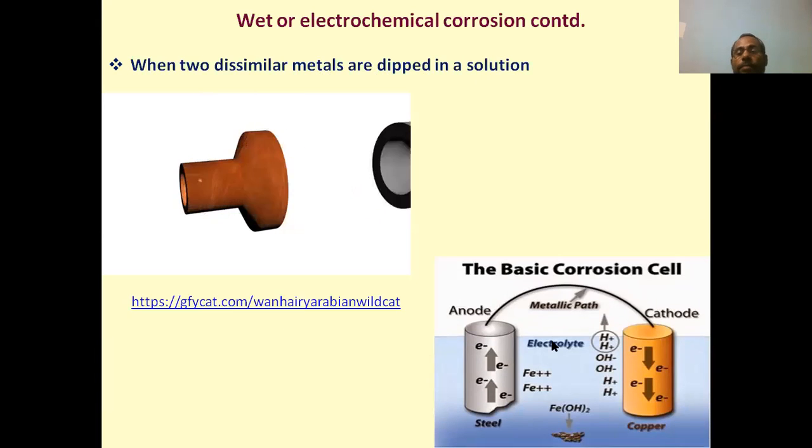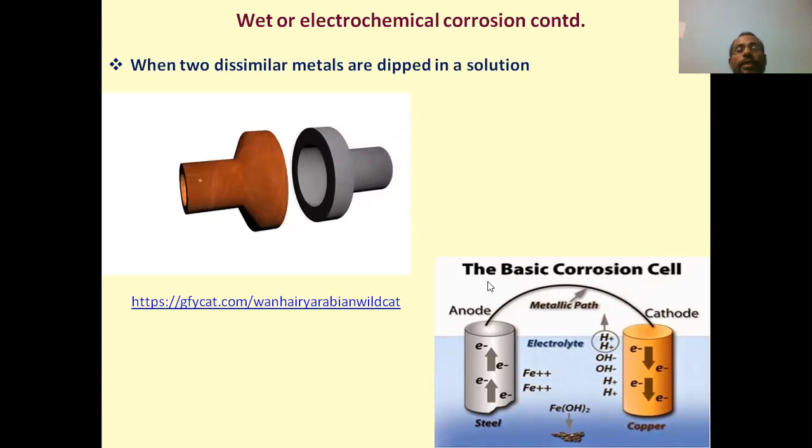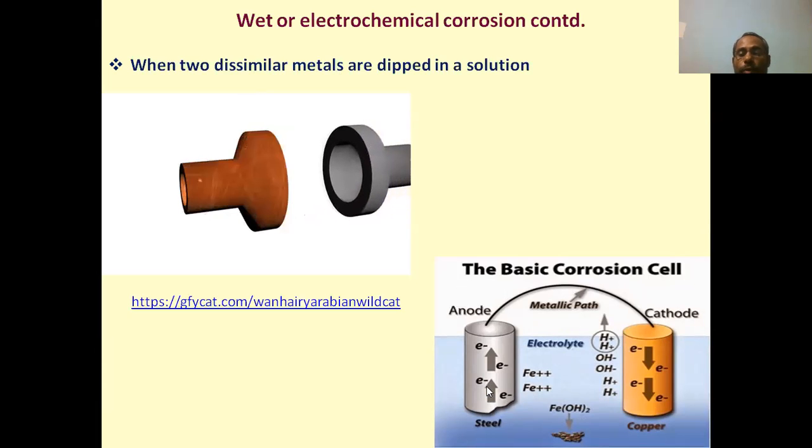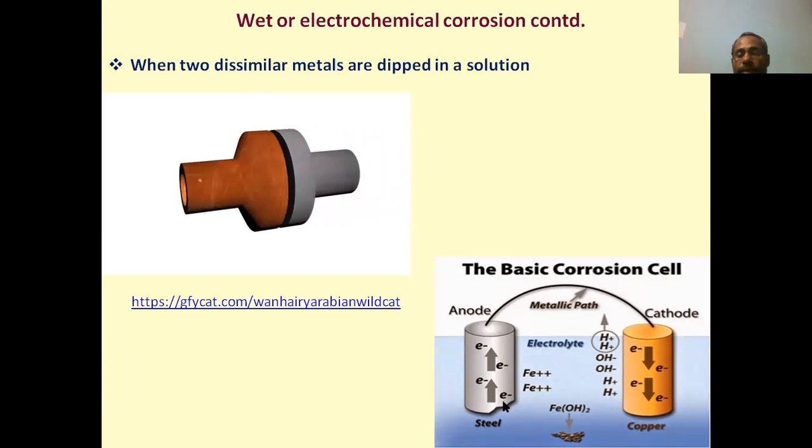So this is the basic corrosion cell, what it is exactly. Two dissimilar metals: this is the anode, that is steel, and this is the cathode, this is copper. Now these two different metals are dipped in a solution. The blue color is the solution or electrolyte. Then corrosion takes place at the anode. Already I have told, at the anode oxidation takes place, that means this metal undergoes dissolution. That's why steel, which contains iron, goes into iron ions. That's why there is a loss of material, hence corrosion takes place at the anode. And the electron which is liberated here moves through the connecting wire and goes to the cathode.